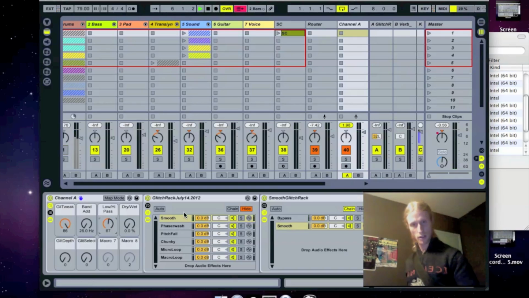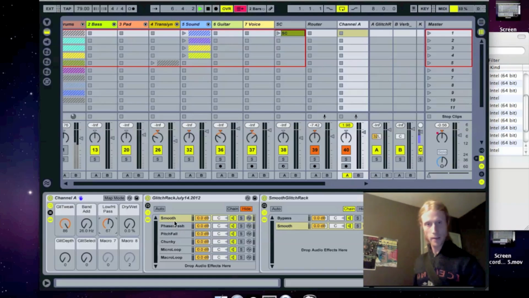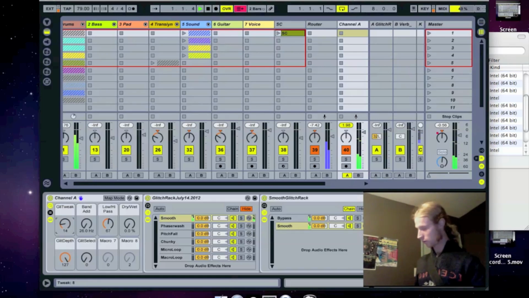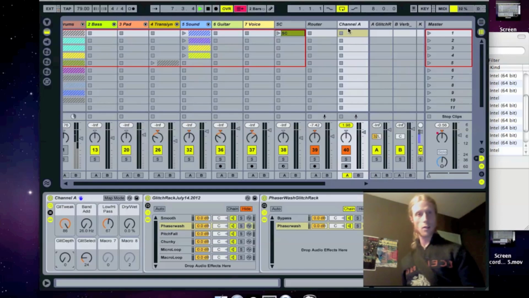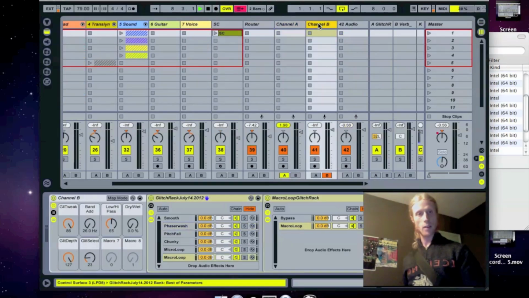And then I've got a whole bunch of different kind of glitched out sort of effects here. So we've controlled the depth with this little guy. So that's one of those, and then we'll change which one's going through. This second one is sort of a weird phasery thing. So that's pretty fun. That's on channel A,